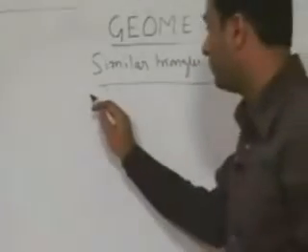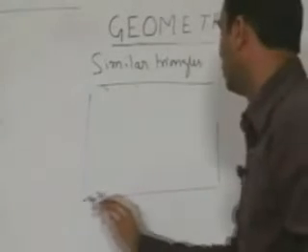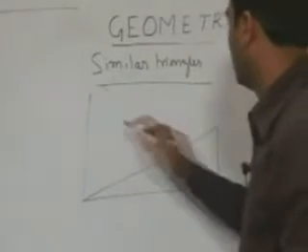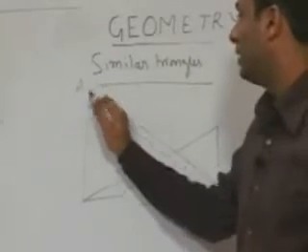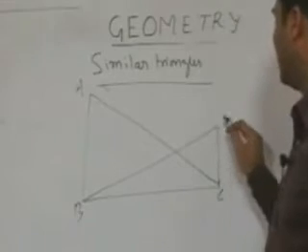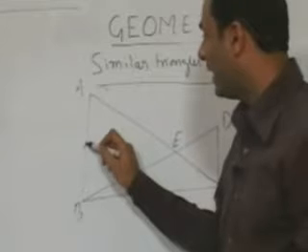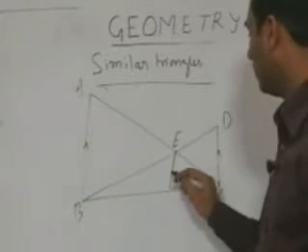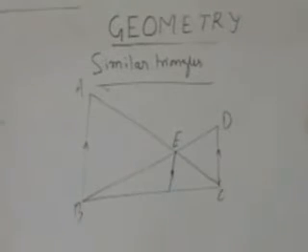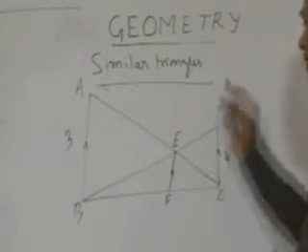Similarly, let's say this is quadrilateral ABCD, and this is point E. It has been given to us that this line AB is parallel to DC, and I draw one more line which is parallel to this one. Now, this length is given to us as 3, this length is given to us as 4, and we need to find out the value of EF.